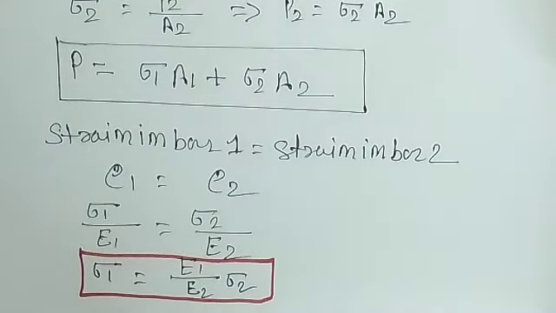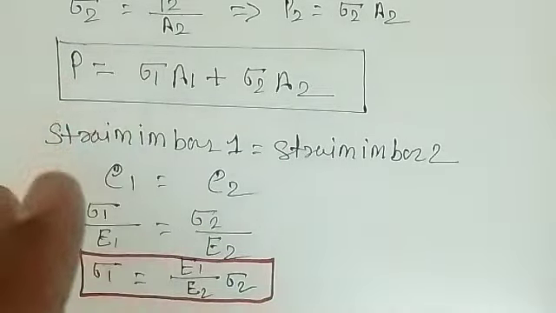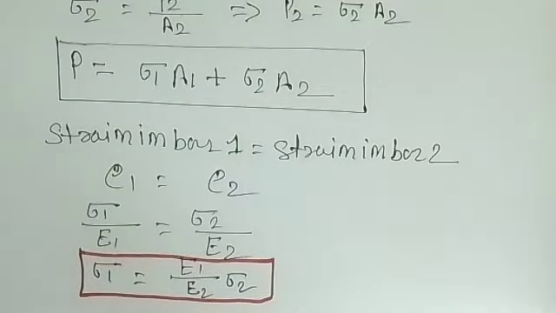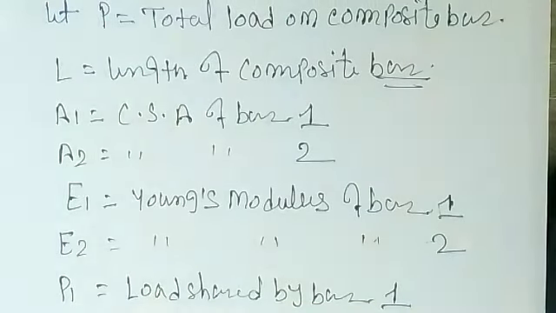Whenever you do a composite section problem, you need to satisfy two conditions. The total load is equal to the sum of the two loads, and the strain in each bar will be equal, and then you can get that answer simply. Next, the modular ratio, which we have discussed just now, that sigma 1 is equal to E1 by E2 times sigma 2. So here you can write the modular ratio,